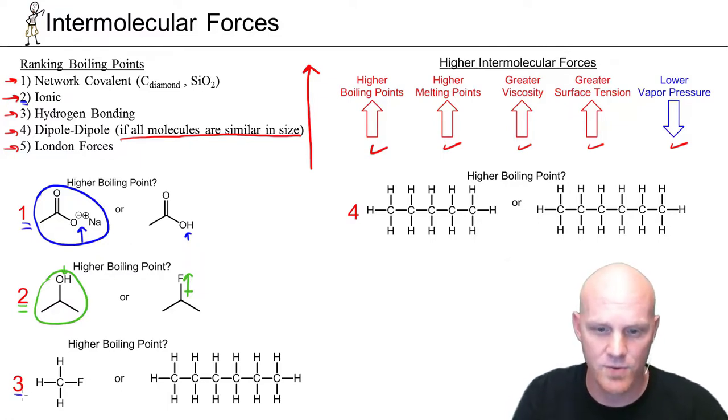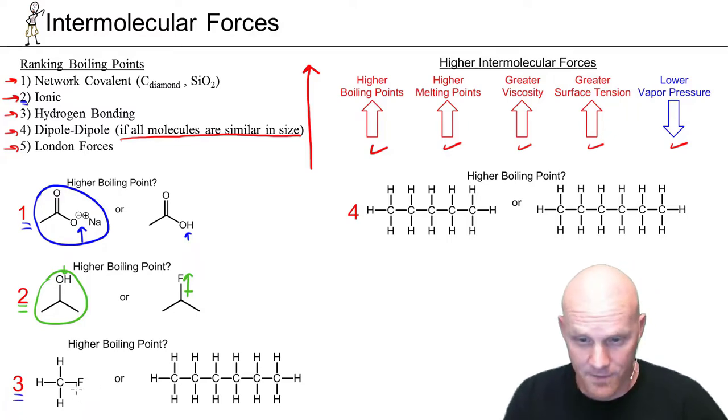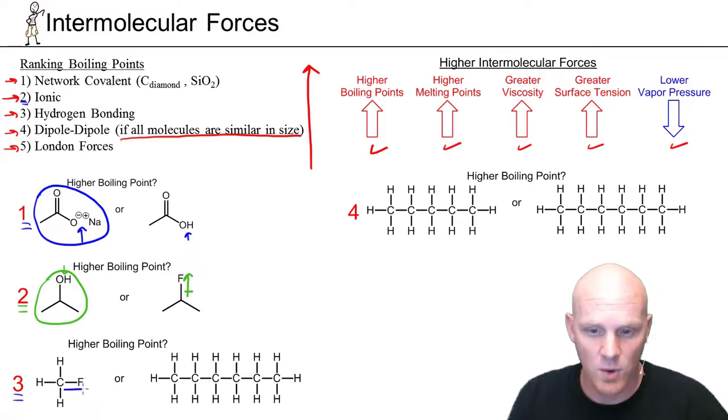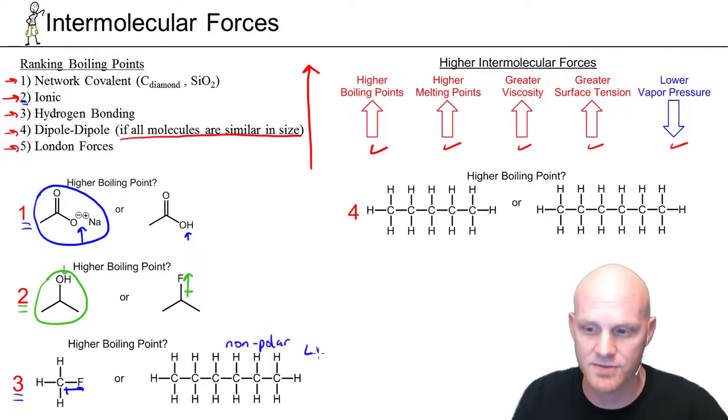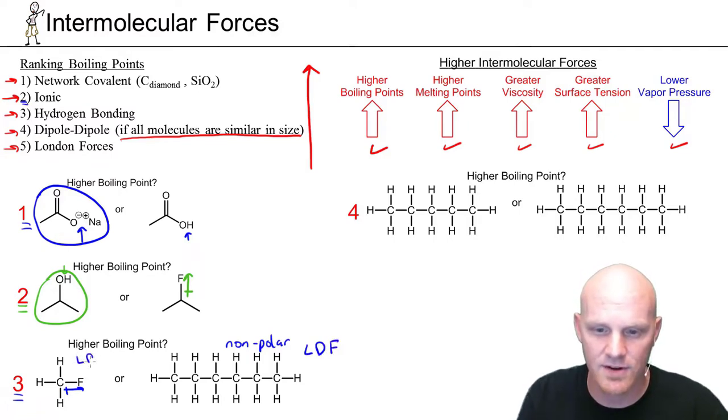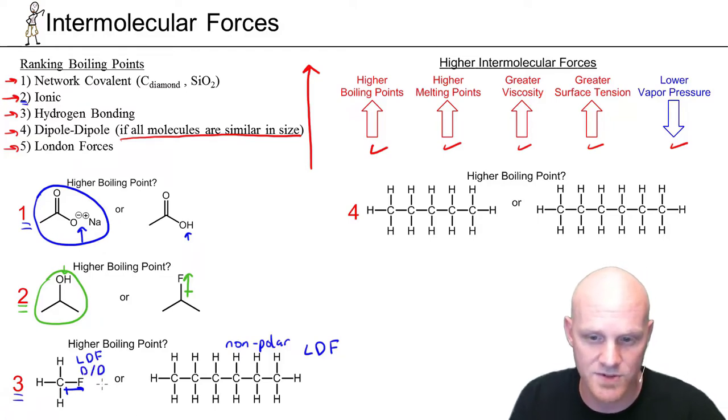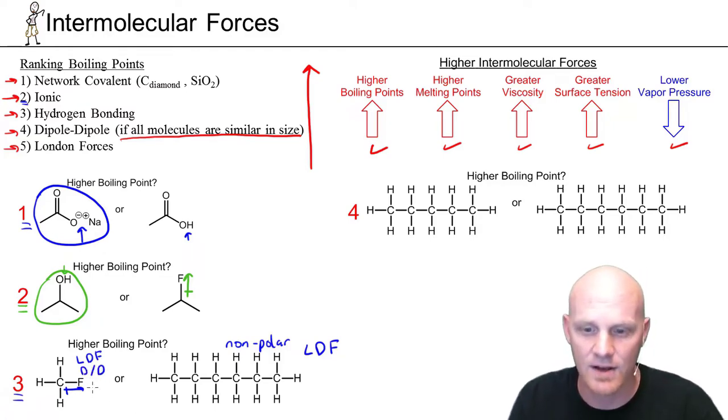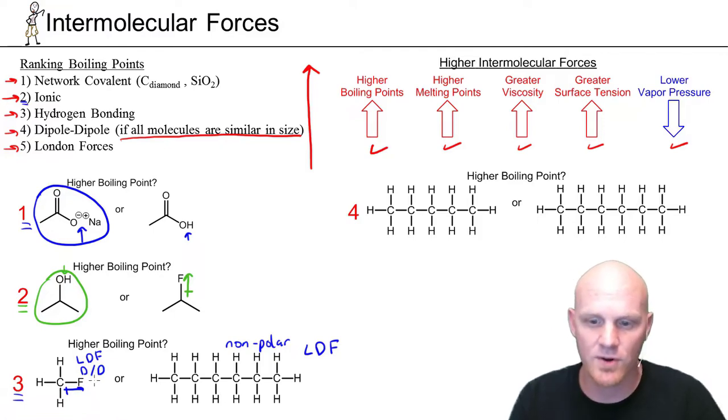All right, let's look at the next one here, number 3. In the first example, we've got something polar. That carbon-fluorine bond is polar, whereas in the second example, we do not have any polar bonds, and this substance is nonpolar. And being nonpolar, the only thing it's going to have is London dispersion forces, sometimes symbolized LDF. This one over here, though, is going to have London dispersion forces and dipole forces, which I'll abbreviate D/D. So it looks like, oh, this one should be greater, but if you recall,